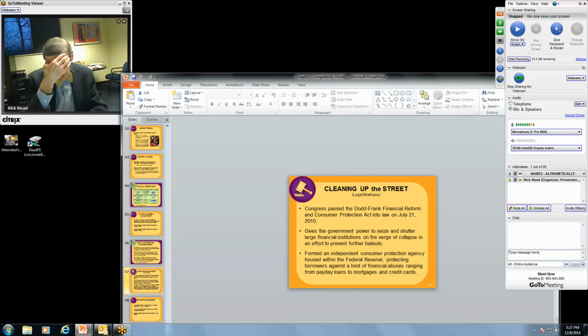And then finally, this is cleaning up Wall Street. Unfortunately, I must tell you that businesses and financial institutions are fighting the Dodd-Frank bill tooth and nail. Too much of it has not been implemented. I do not think much of it will be implemented with the new Congress that was elected last month. I'm not going to disparage anybody, but the party that's coming into power is known to be unfriendly to regulation.